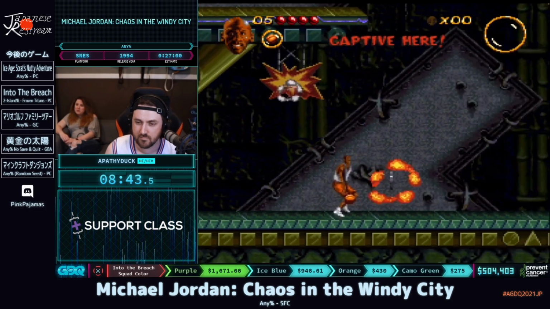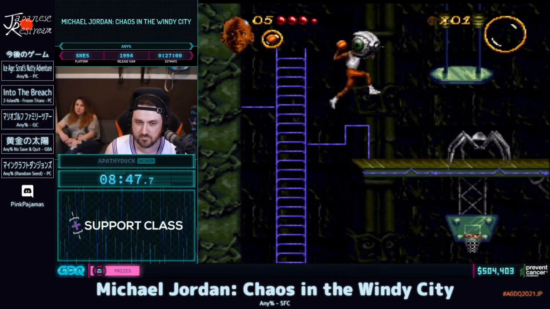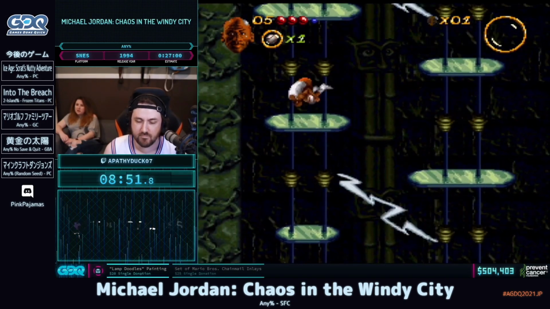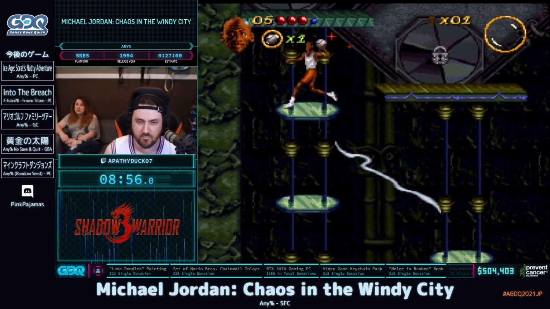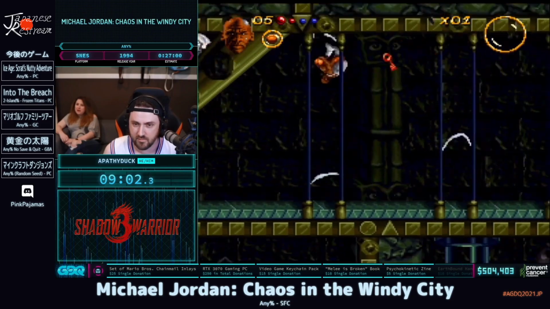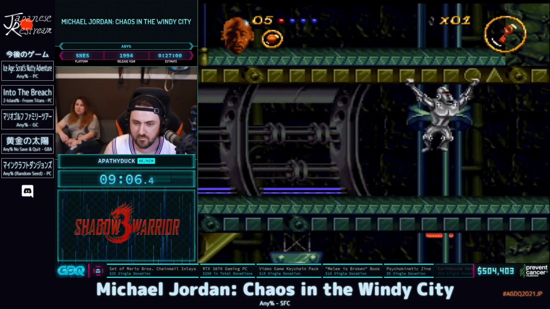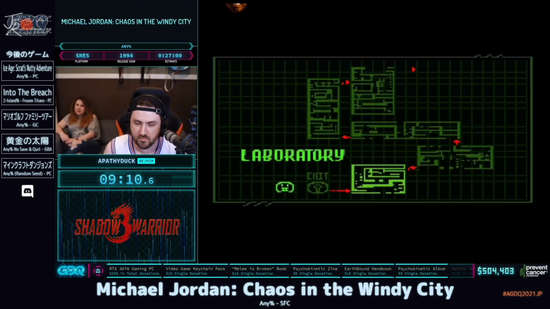How this worked for realsies. That is bad. Yeah, by clipping out these elevators, we can really break these stages pretty badly. Like here, we'll just pop out of the elevator where there's no exit and...